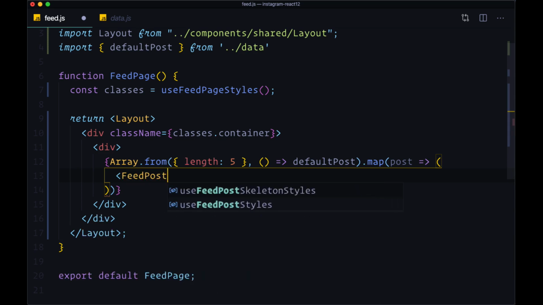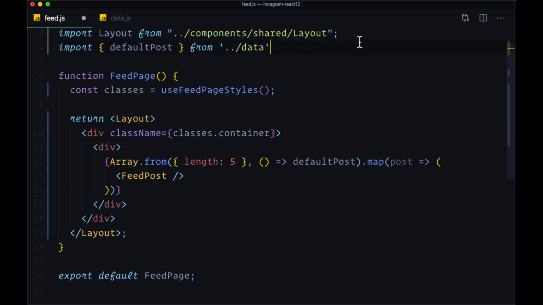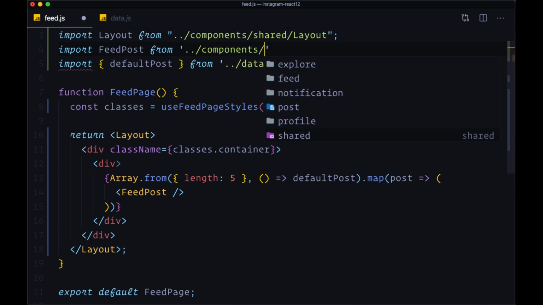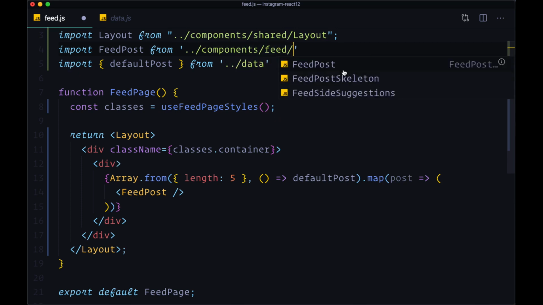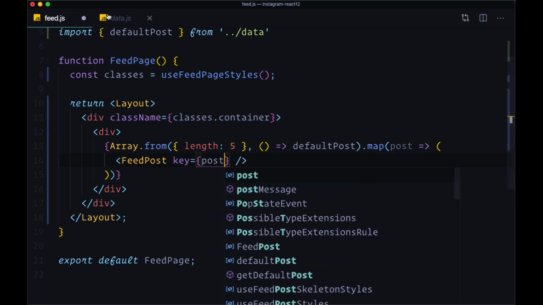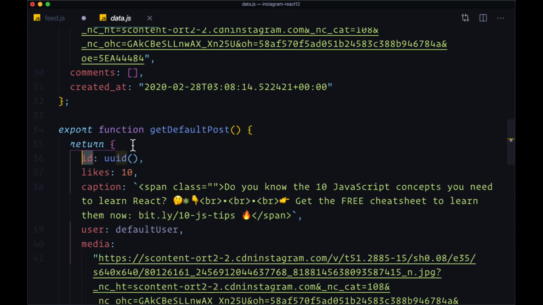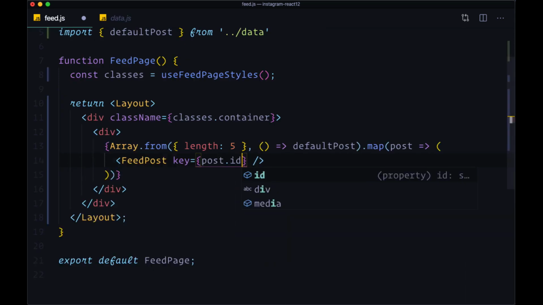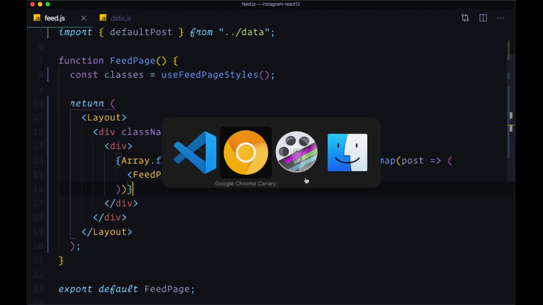So we want to import the feed post component. It's going to be from components. We're going to go into the feed folder and select feed post. This is just going to be local to the feed page, and we'll provide a key where it's going to be set to post ID. So each of these posts is going to be an object that has an ID property. So the unique key is going to be post.id, and we'll pass down the post data on a prop of the same name. Now when we save this,